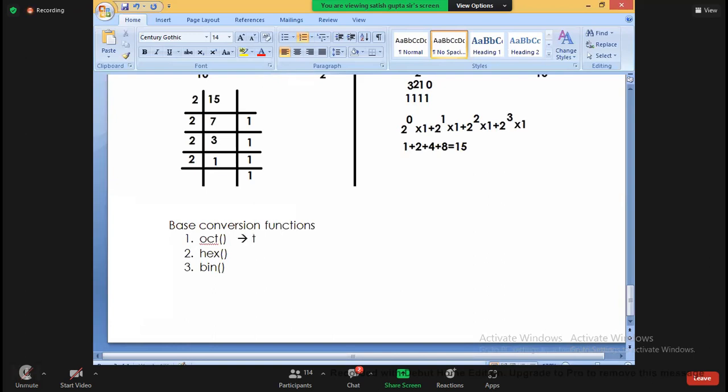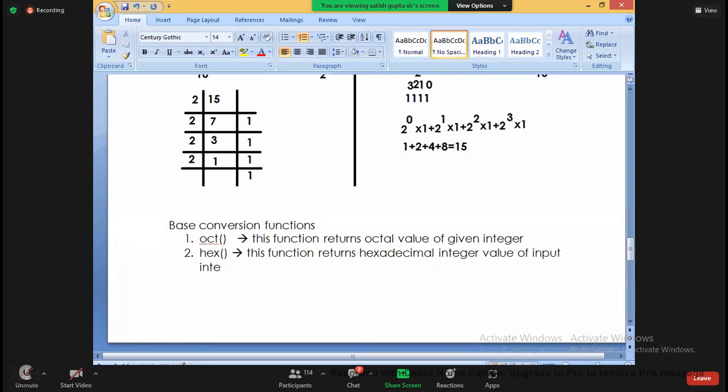So this function returns which value? Octal value of given what? Integer. This integer you can give either in decimal, octal, hexadecimal, or binary. And this function returns hexadecimal integer value of input